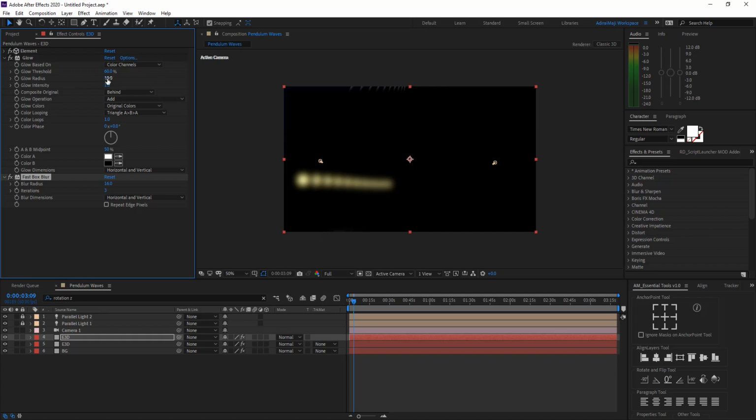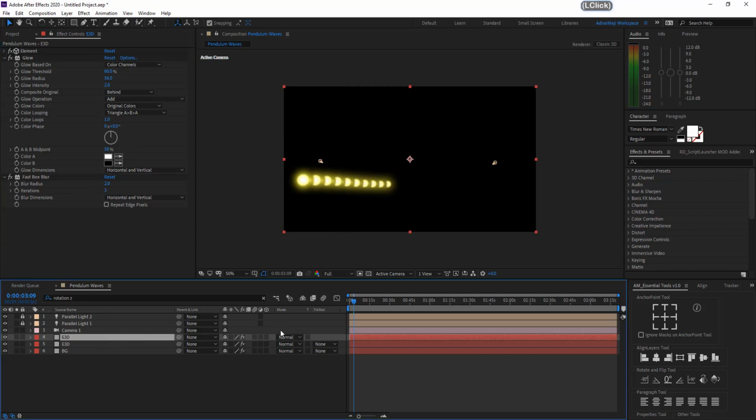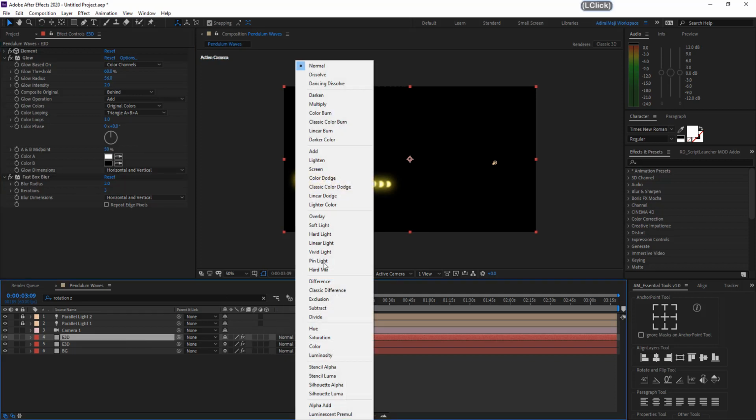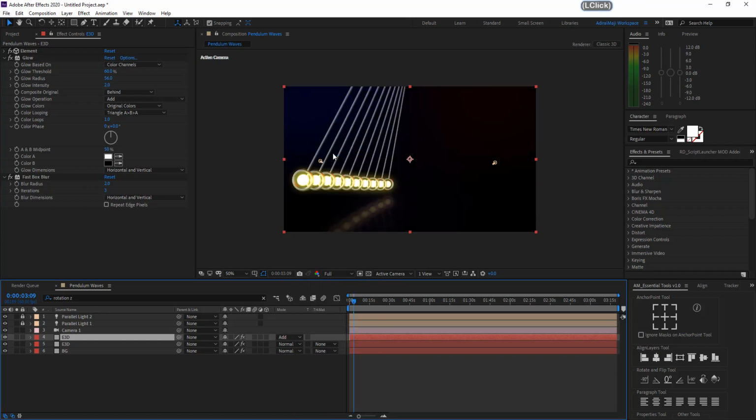Increase the glow radius, and increase the glow intensity. You just have to play with it until you feel okay. Once you are okay with it, change the blend mode to Add. That's it, you have done everything you want.